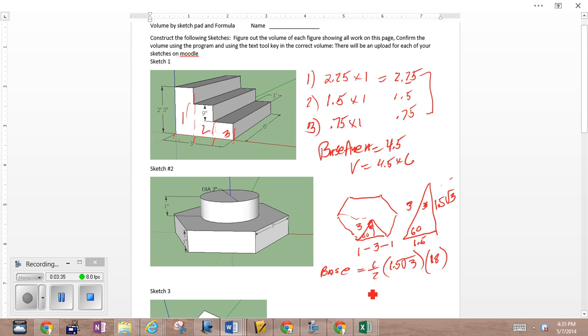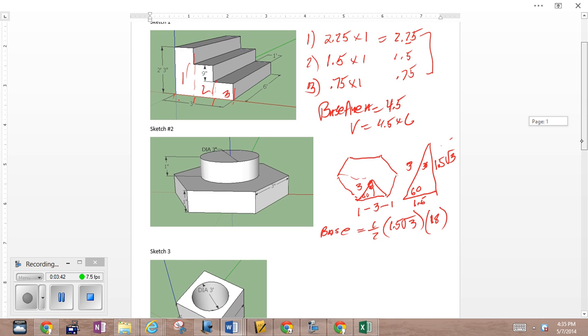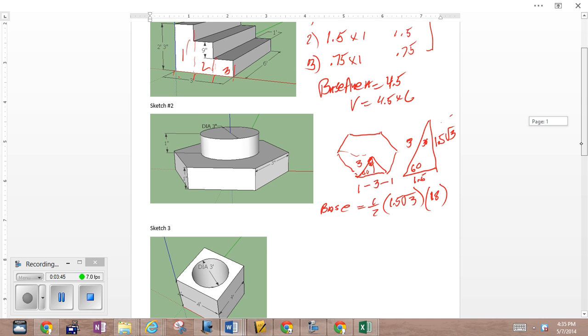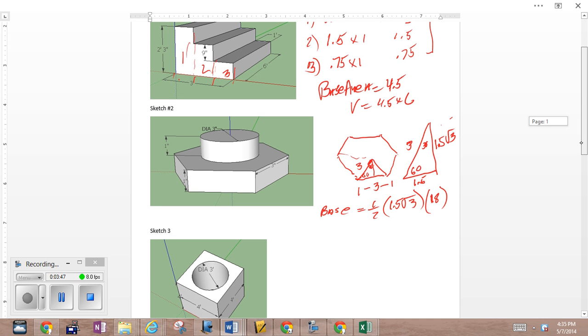So that's the base area for the hexagon. Of course, for the circular region, the base area is pi r squared. So you add the two together, but of course you want the volume, which is going to be times the height, which is 1. So the base area is just going to be that same thing, and it's going to be in cubic feet. The volume would be just that same thing, plus that of the